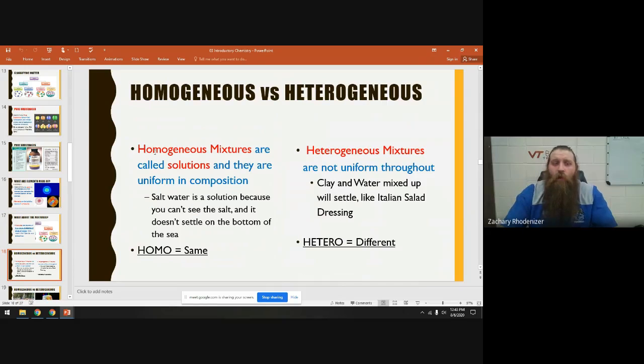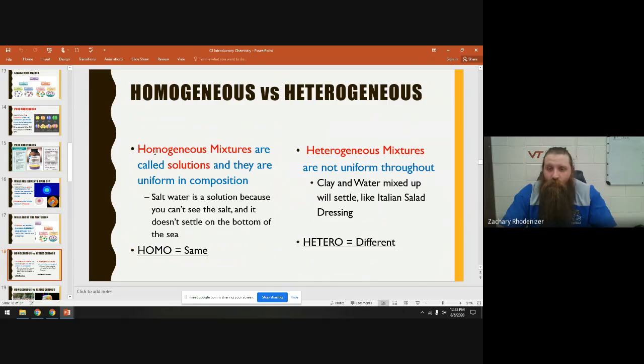There's two kinds of mixtures. You can have homogeneous mixtures. The prefix homo means the same. We usually call them solutions. So a homogeneous mixture and a solution, those two words can be used interchangeably. They are uniform. They look the same throughout. Salt water is a great example of a solution. You can't see the salt. It doesn't settle to the bottom, right? It just looks like water. Then you taste it and you're like, oh, that's disgusting, right? Sugar water would also be a solution. Coffee would be a solution. Anything that is uniform in composition, looks the same throughout,